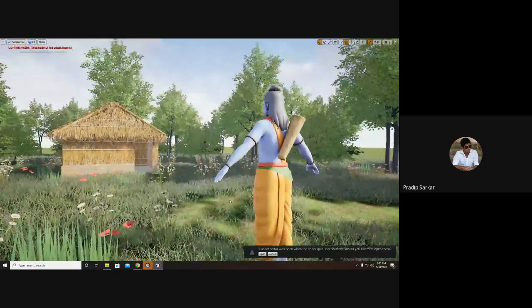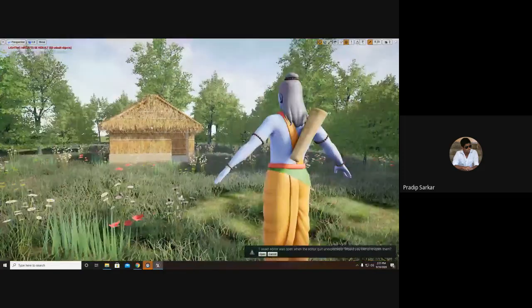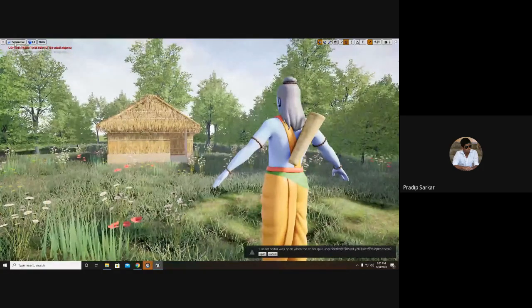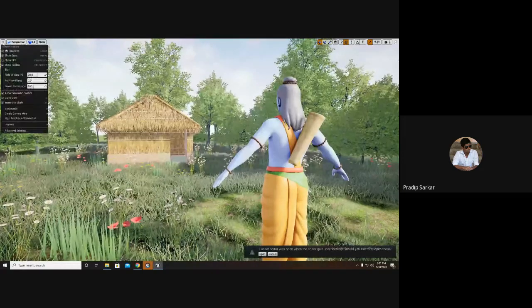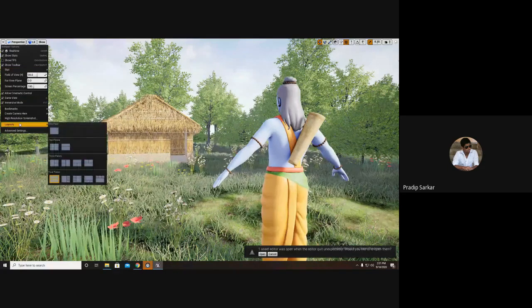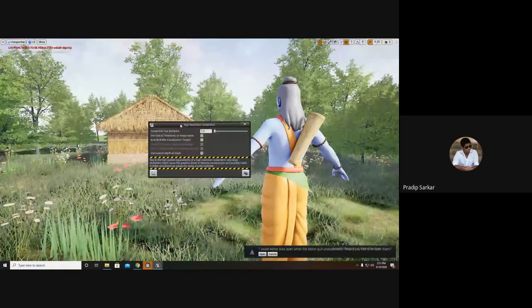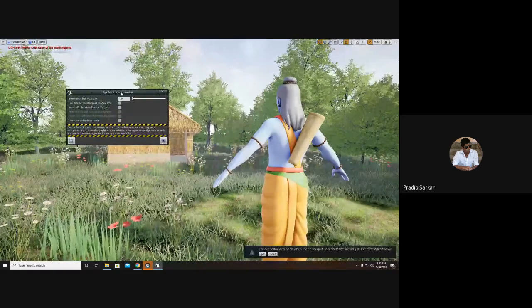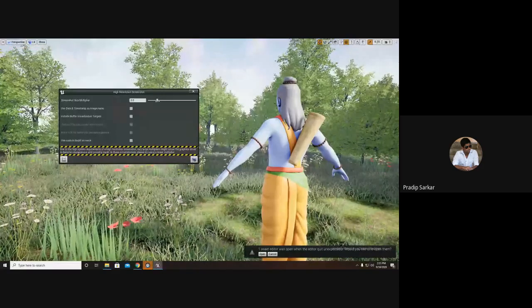If I want to take a screenshot of this image, then at the left hand side top corner, there is a small arrow. If I click on the arrow, it shows me the viewport options. In the viewport options, there is a high resolution screenshot. It will give me a high resolution screenshot window. Here I can change the size of the screenshot.